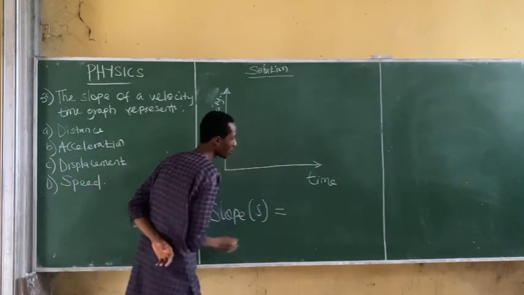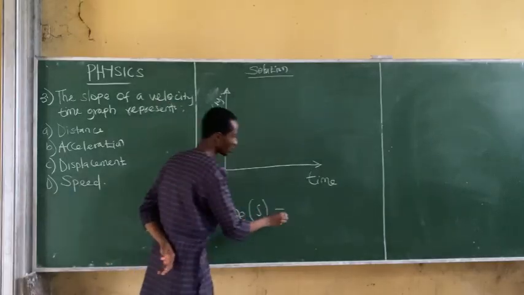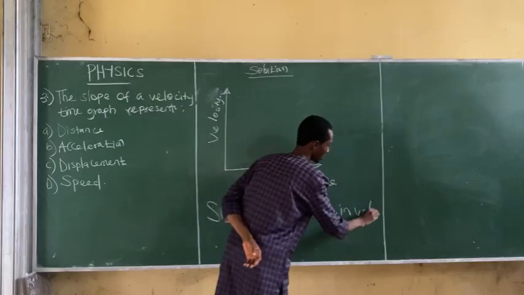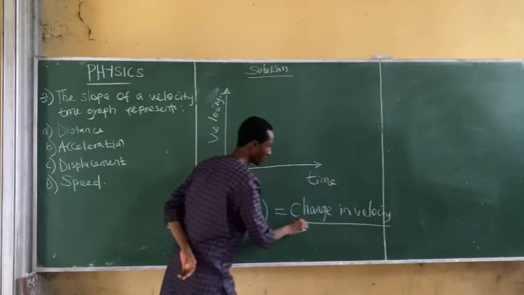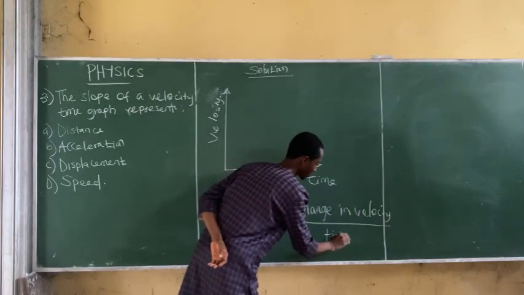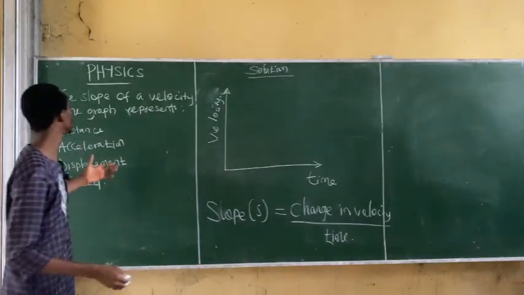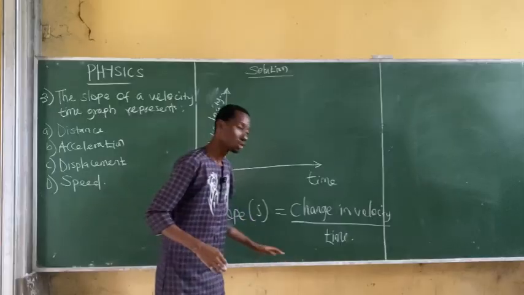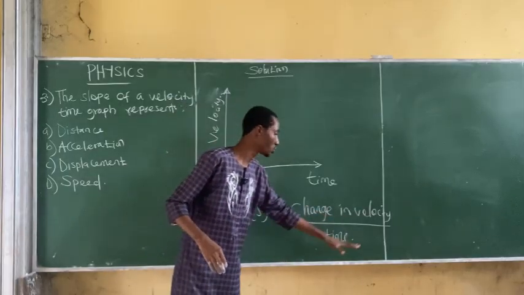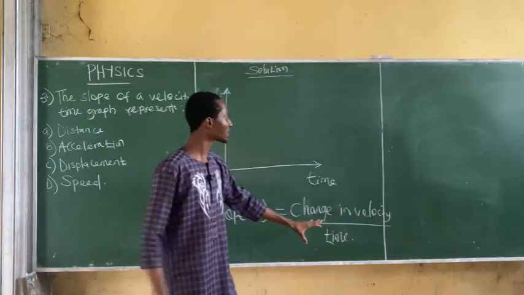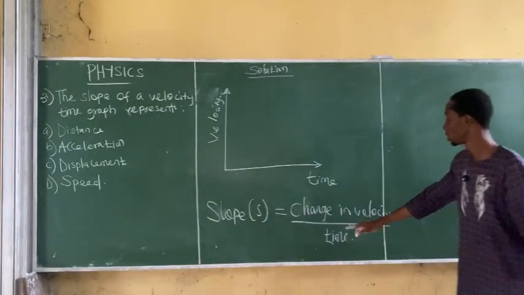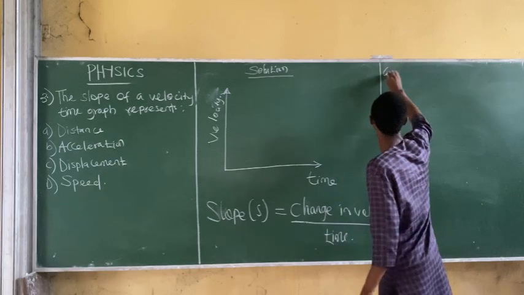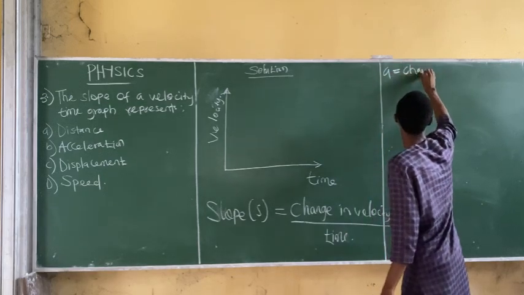S is equal to the change in velocity all over time. To get the slope of a velocity time graph, this is the formula we use. Slope is equal to change in velocity all over time. And mathematically, we know that change in velocity over time represents acceleration,